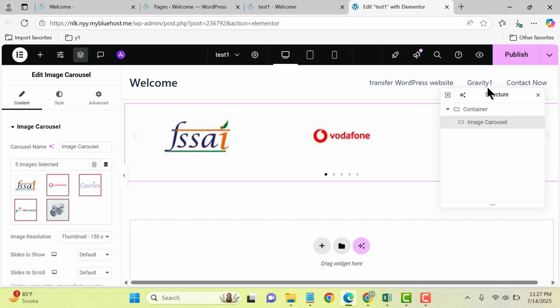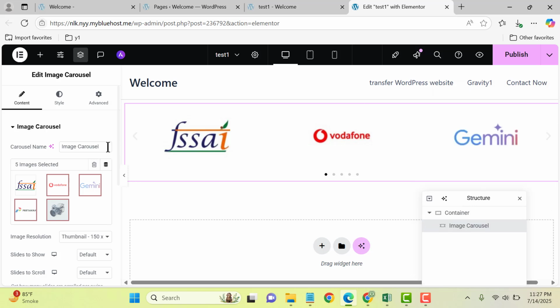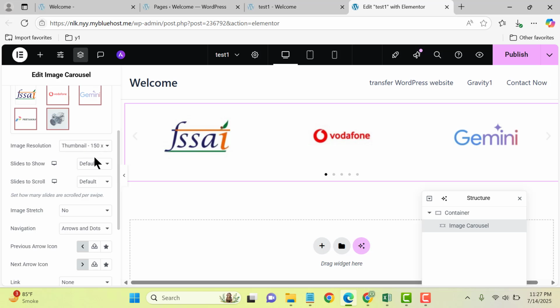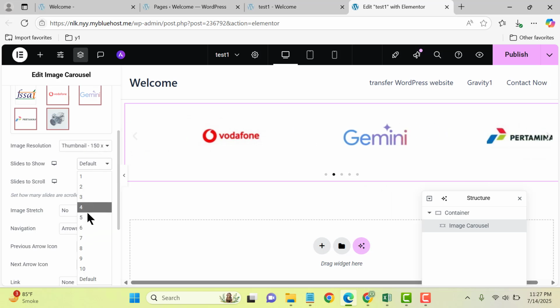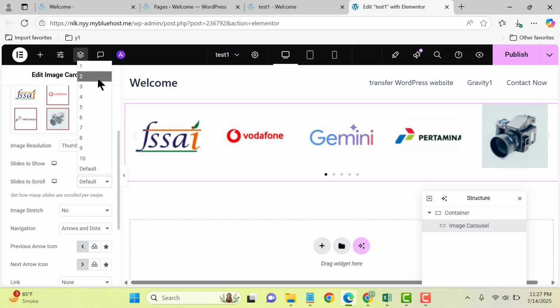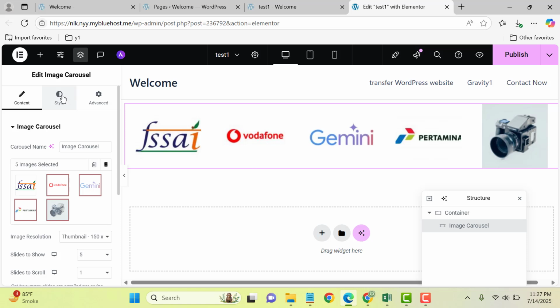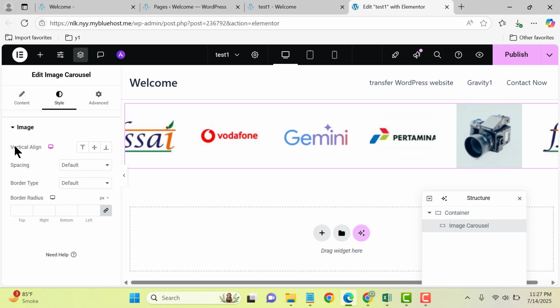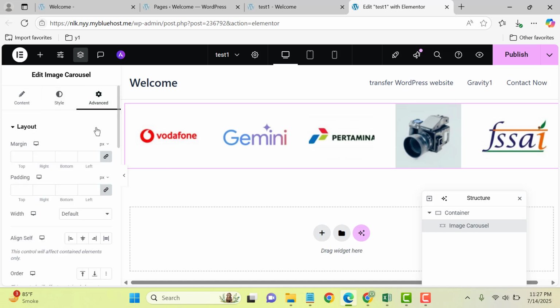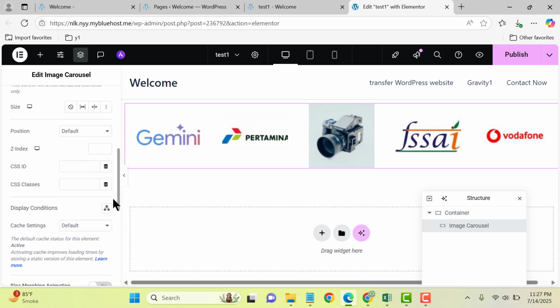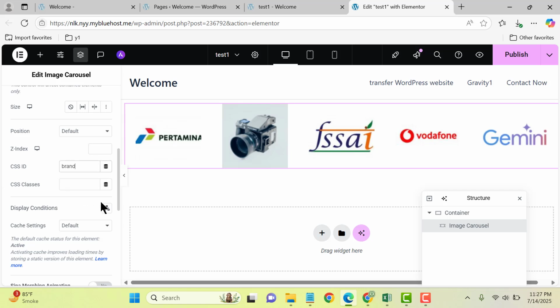Now I have these 5 images, and then scroll down and let me select 5 here, and then slide to scroll 1. After that let me remove this and then go to the style tab. You can adjust the alignment, then go to the advanced tab, scroll down, and after that let me add an ID here, for example brand. Then scroll down